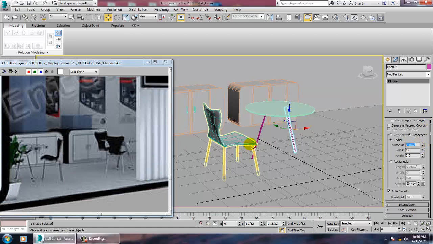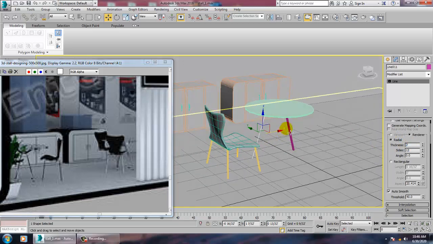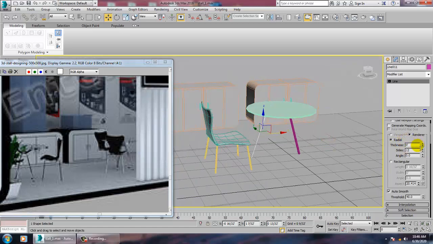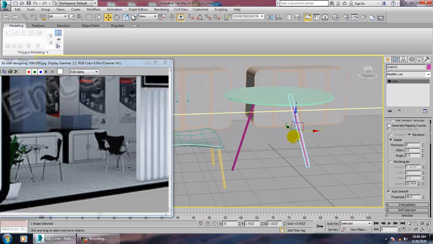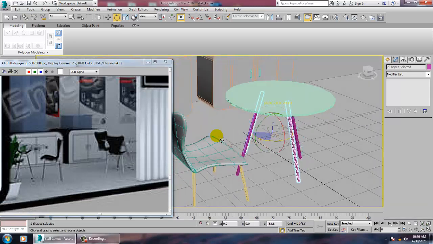So just copy these values and just give these values over here. E and just rotate it. You can just keep it in this.